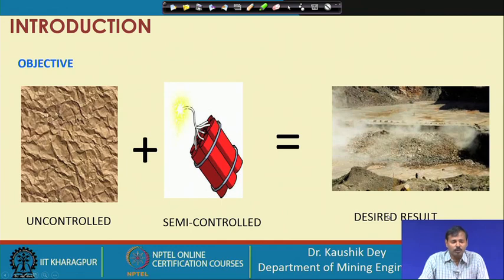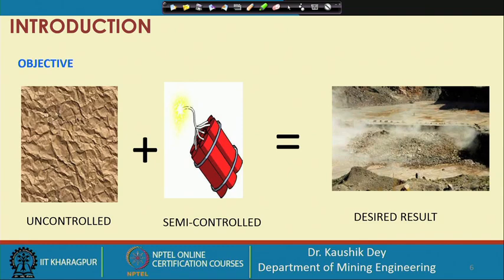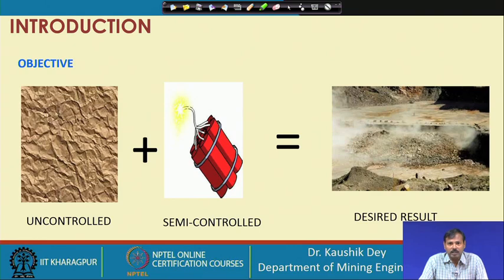So, if you look into this, you will find out what is there in blasting. There is a rock which has to be blasted, and for how it will be blasted, we have the explosive. Whatever rock is there is totally uncontrolled for the user, because he cannot alter the rock. So, rock is basically an uncontrollable factor which the user cannot change, and explosive I mark as semi-controlled, because you can easily change the explosive, but often it is not possible.